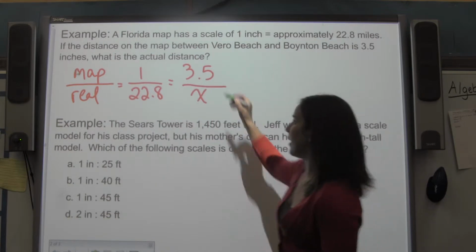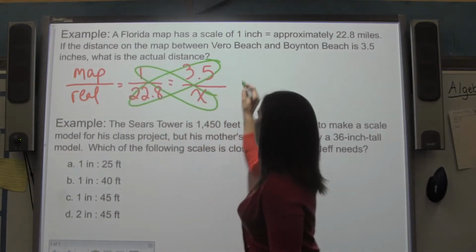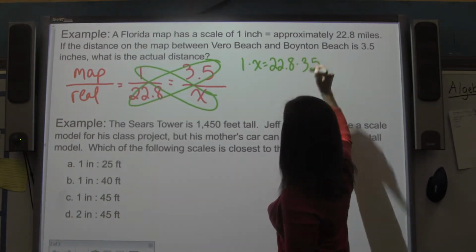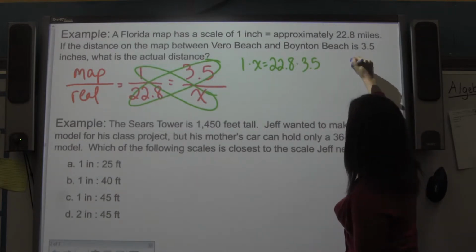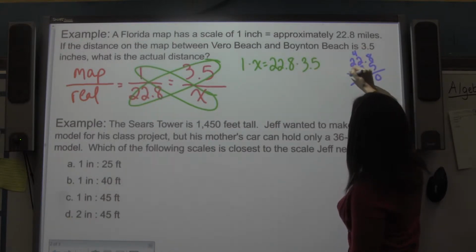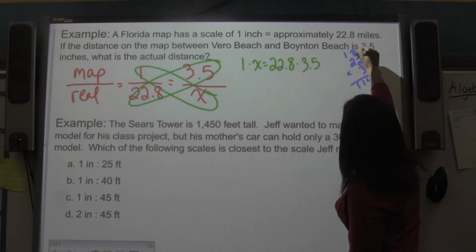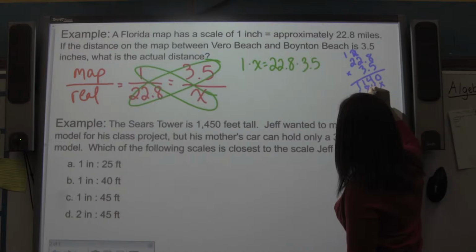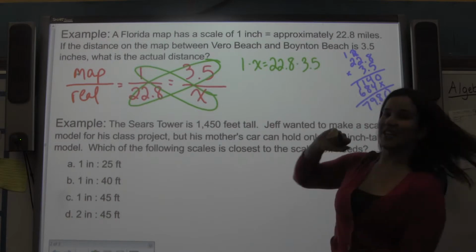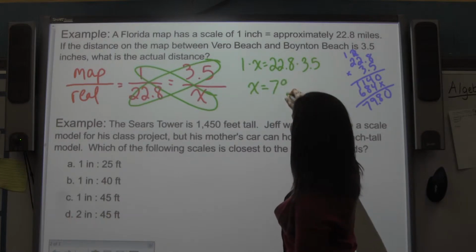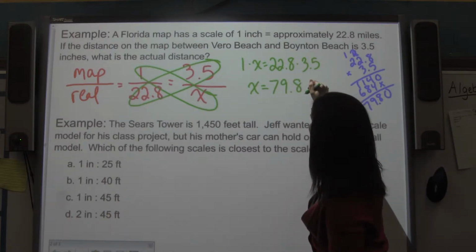So I'm going to use my cross products, and I'm going to have 1 times x equals 22.8 times 3.5. I'm going to do that multiplication here on the side. So when I go back here, I have 1 times x, which is x equals 79.8 miles